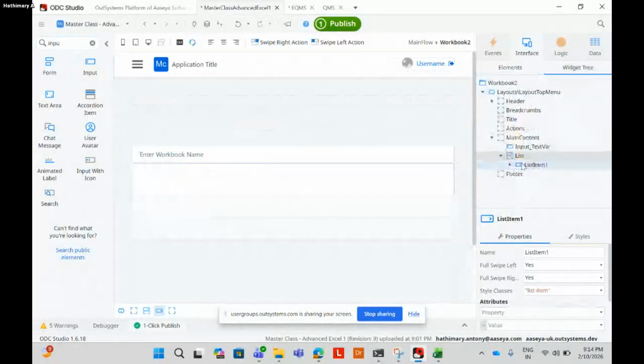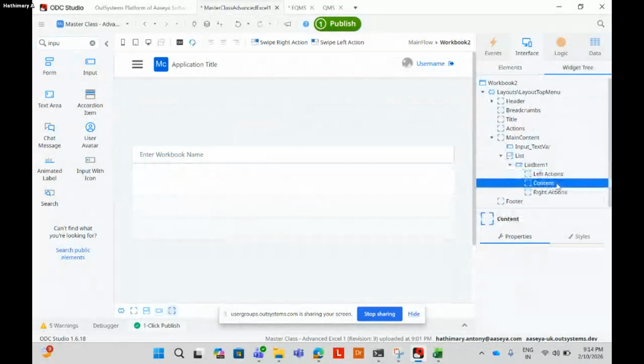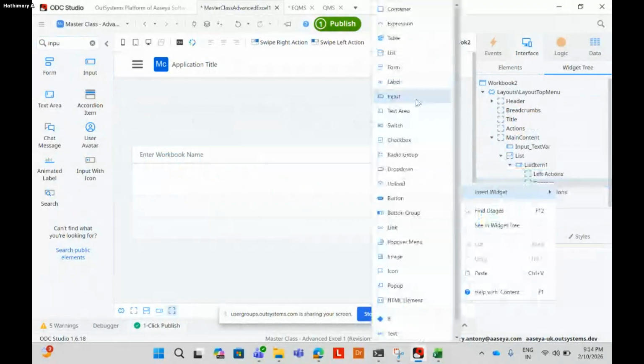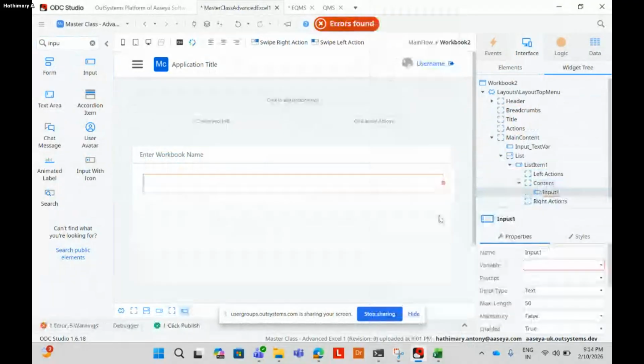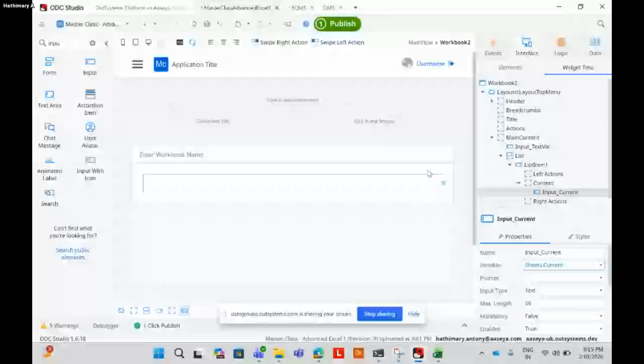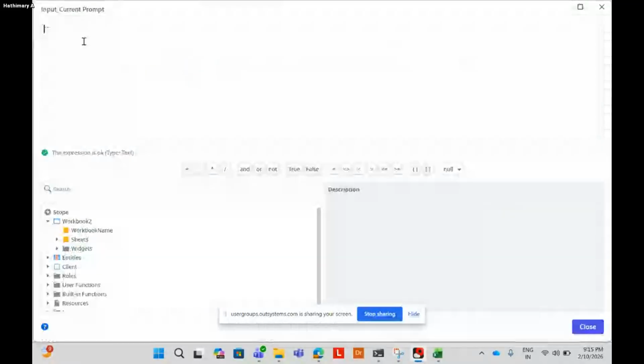Here I will use sheets dot current. The prompt will be sheet. I want to put the sheet number also dynamically.